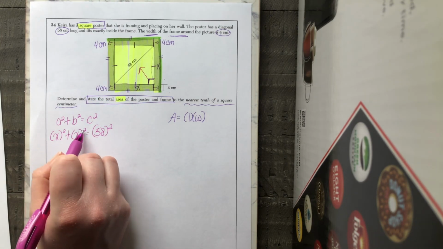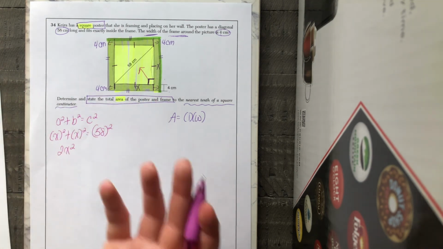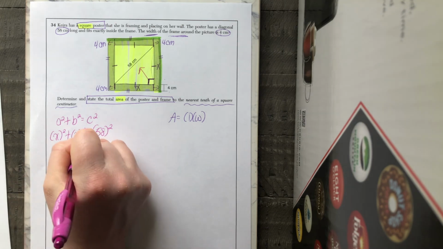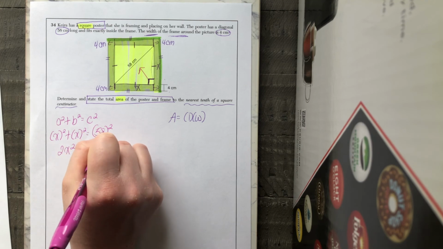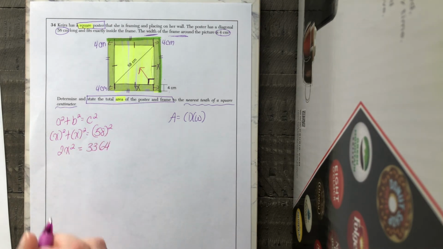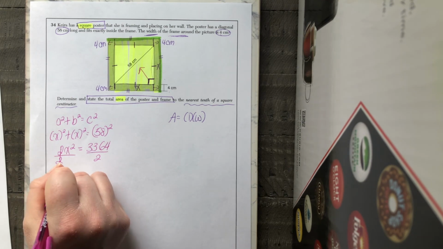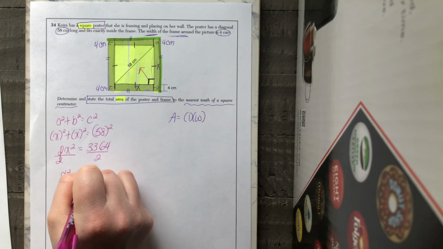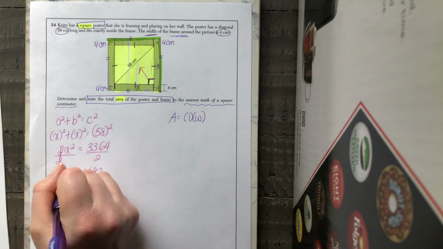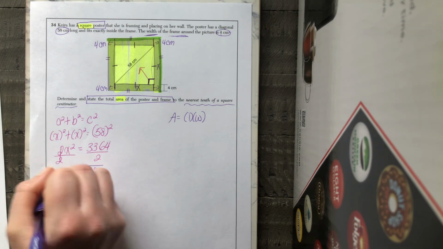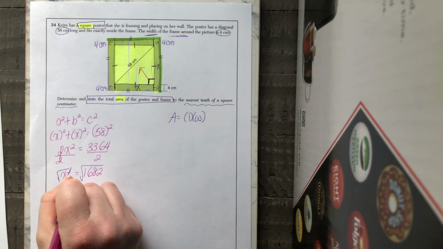So X squared plus X squared is 2 X squared. I had an X squared on the left, an X squared on the right, and when I put them together, I have 2 of them. All right, 58 squared, when you type it in the calculator, is 3,364. All right, I want to get X by itself, so I'm going to start by dividing by 2. All right, so now I'm just left with X squared equals 1682. And then just like the last question, if I want to get rid of that exponent 2, instead of squaring, I want to square root. So now when I type that into my calculator, I get the decimal